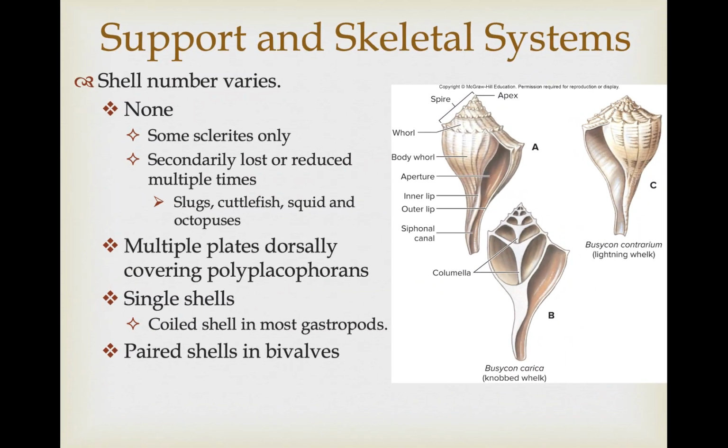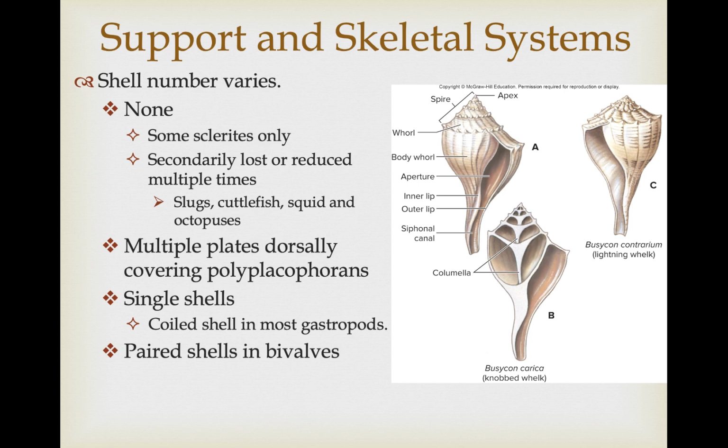So not all mollusks have shells. Some do not have one, and they may only have sclerites and be basically soft organisms. The shell has been lost or reduced multiple times, in things like slugs. Cuttlefish just have a very small internal shell. Squid have an even further reduction, and then octopuses completely lack any type of hard skeletal material and rely solely